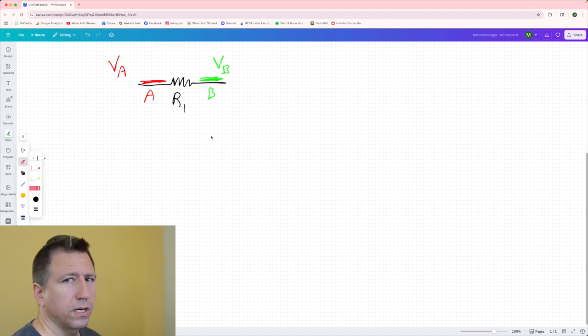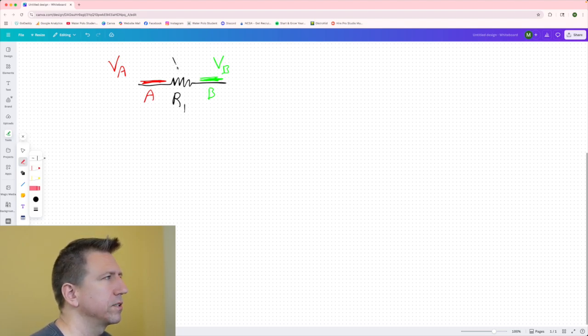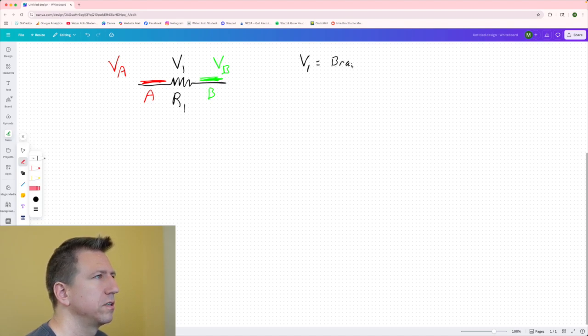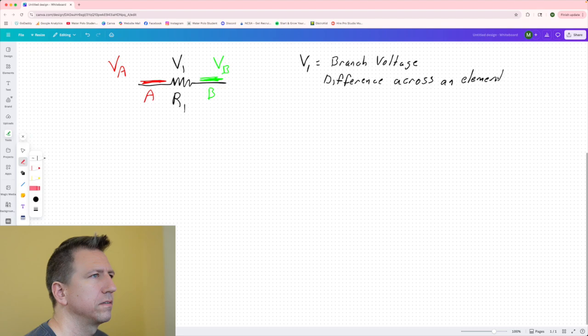And so a lot of times when we talk about voltage, we'll give this also a value V1 to say that's the voltage. This is called a branch voltage, or an element voltage. It's a difference across an element. Okay, and I'll explain what that means, because V1 is going to be the difference between the voltages on the other side. So it's going to be VA